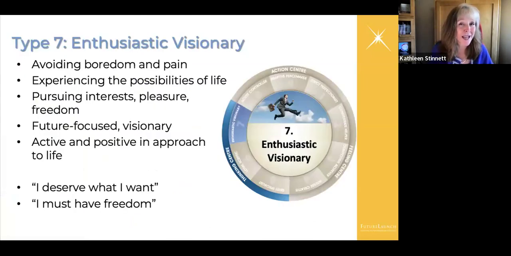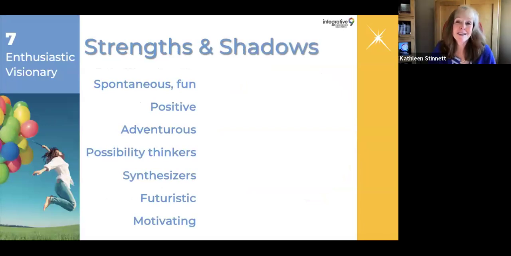Our sevens are the last of our thinking types. And our sevens are big picture thinkers. They're enthusiastic visionaries. They're thinking about what's ideal that we can move to in the future. They tend to be visionary and have big ideas and synthesize ideas from disparate areas. And they bring kind of a joy and a vibrancy. And they tend to have a fun quality, and maybe they're a little bit more spontaneous, or they tend to see the world in terms of what's possible.